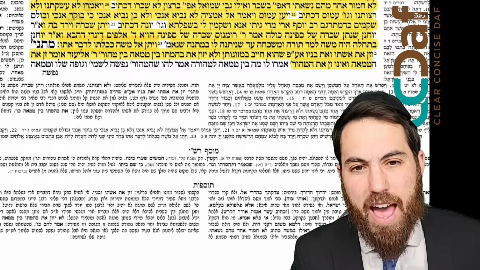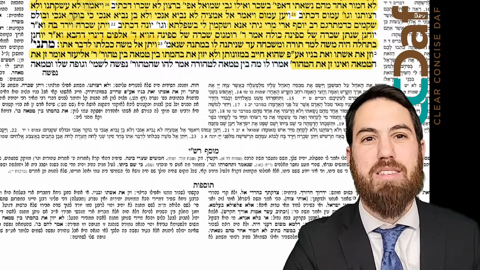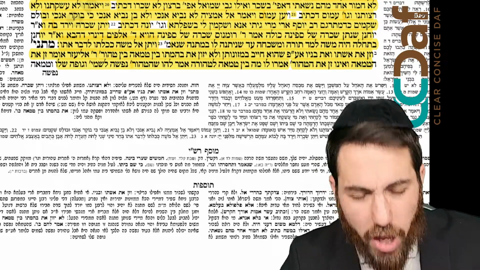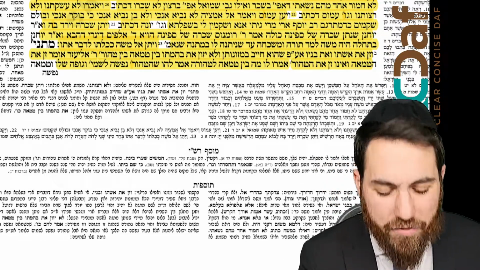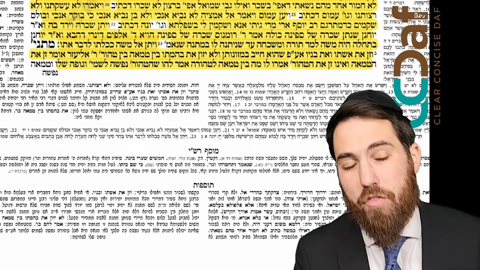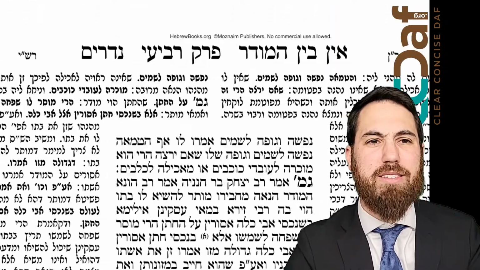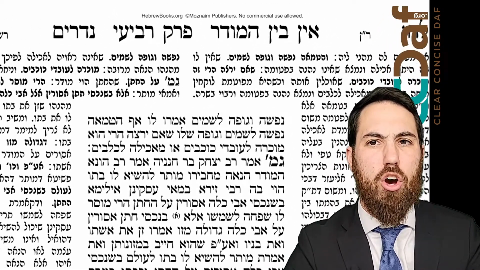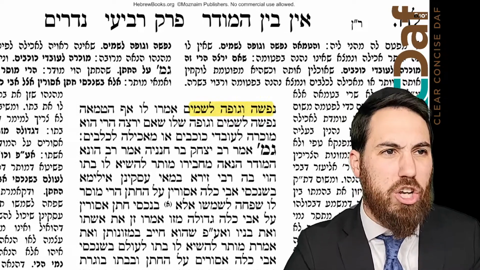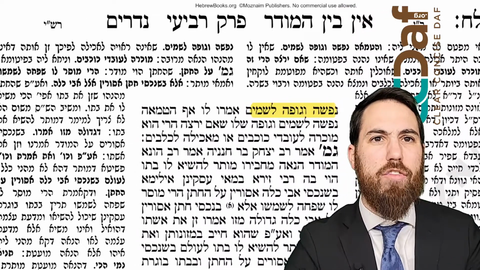Because the fact that his tamei animal gets nice and fat, who cares? He's not eating it. What's the difference? Amar lahu, shatahor nafsha l'shamayim. The guf shelo, a tahor animal, the nefesh is for Shamayim, because you can bring it as a korban, and the guf, the body, belongs to the owner, whereas a tamei, an unkosher animal, says the Gemara, as we turn over to Lamed Chesed Beis, nafsha v'gufa l'shamayim. When it comes to a non-kosher animal, both the nefesh and the guf, everything goes to Shamayim.